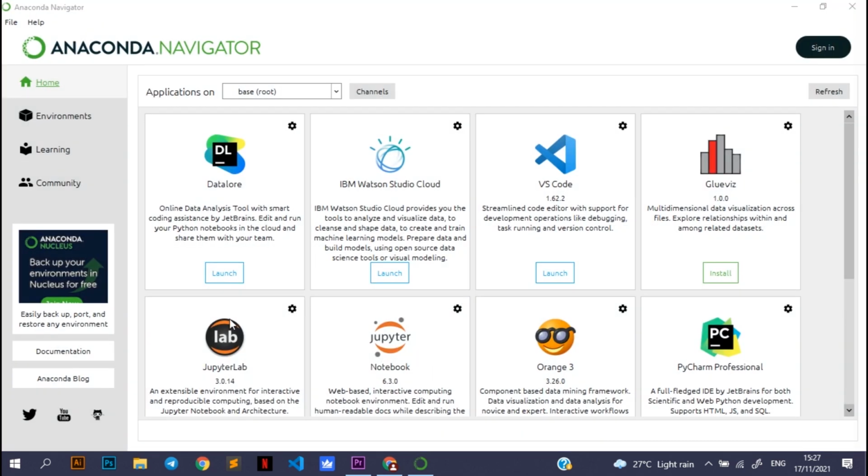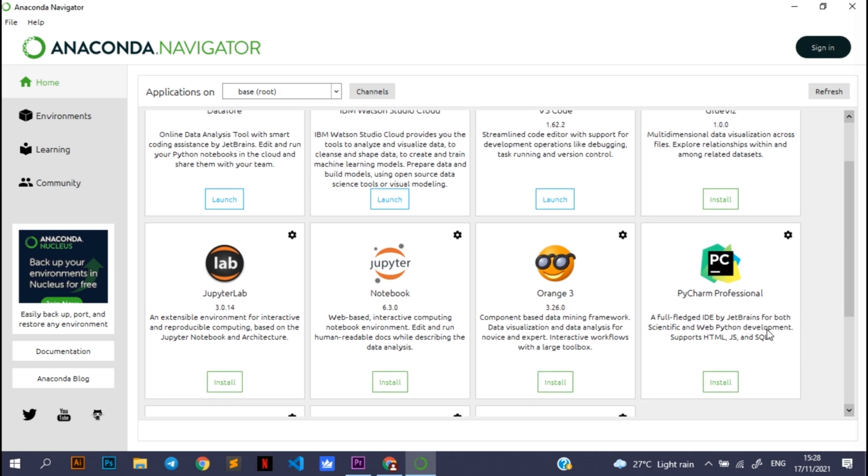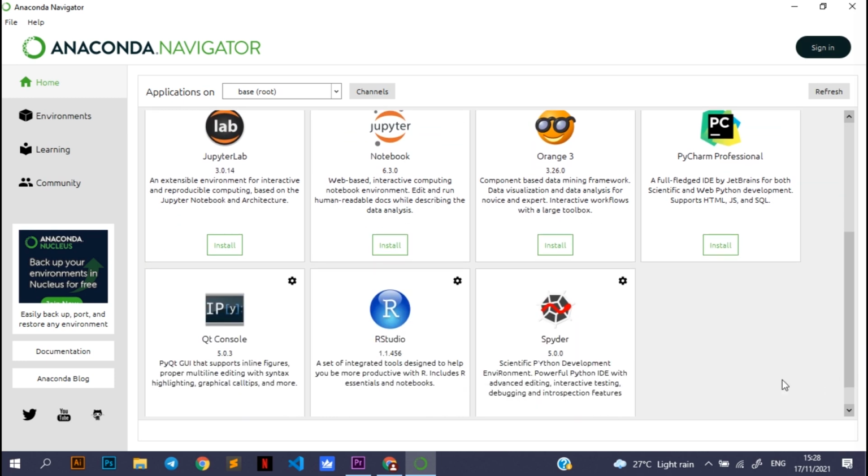Now that the Anaconda Navigator window is displayed, you can see there are various applications available to you. You can use any one of them. You can use JupyterLab, but I think you need internet for that. You can also access Jupyter Notebook. You can also access our Spyder application.